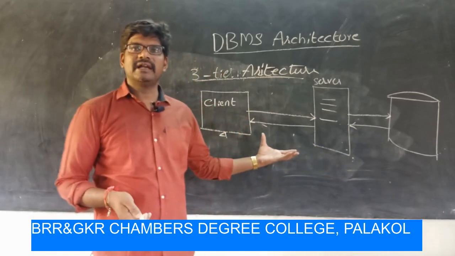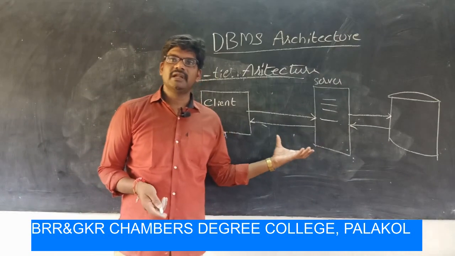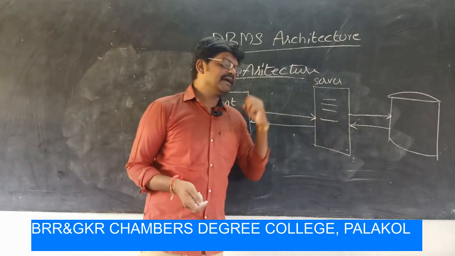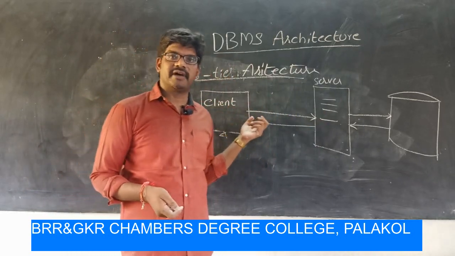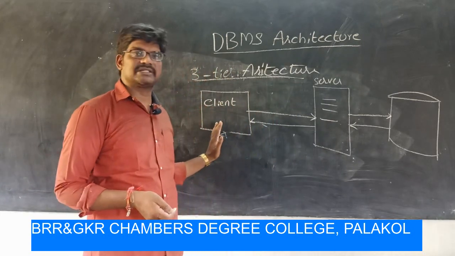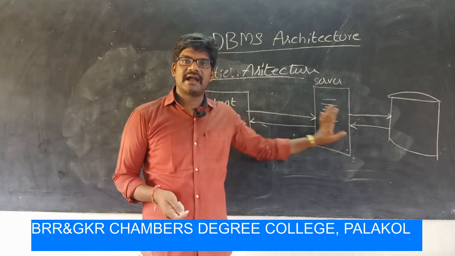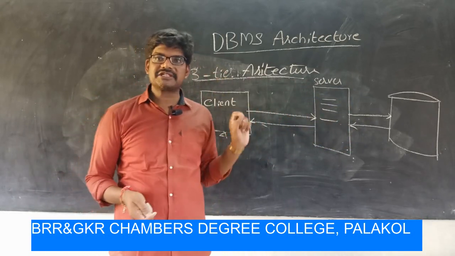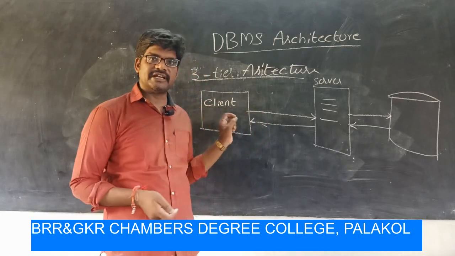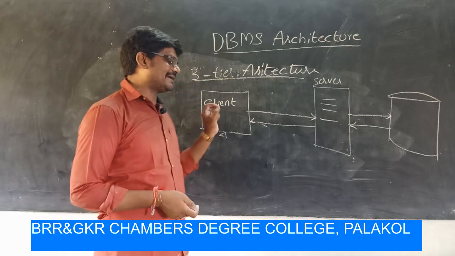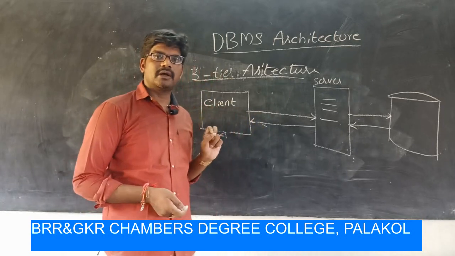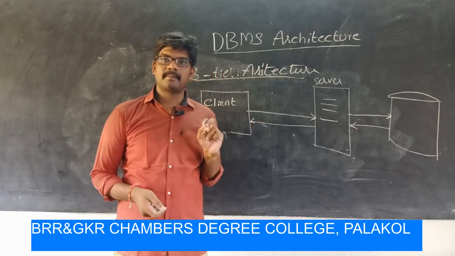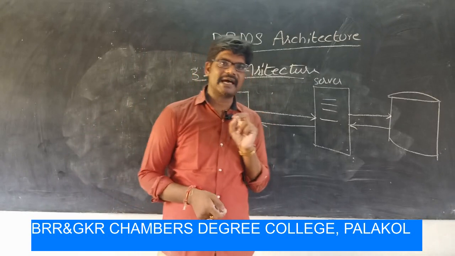So, the DBMS architecture consists of an application layer between the user and the DBMS, which is responsible for communicating the user's request to the DBMS and sending the response from the DBMS to the user. The application layer also processes functional logic, constraints and rules before passing data to the user. Three-tier architecture is the most popular DBMS architecture.